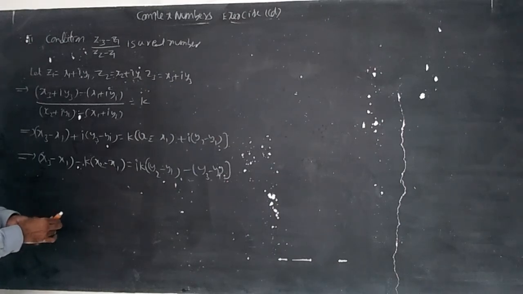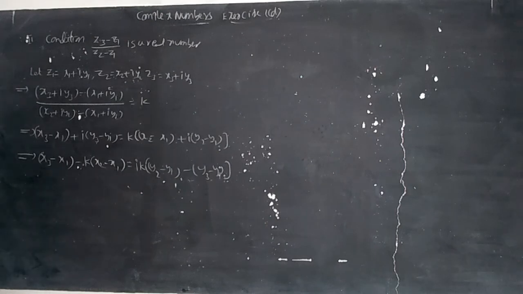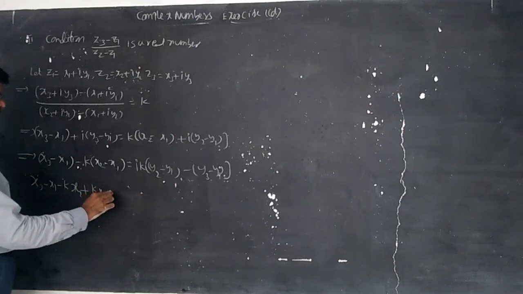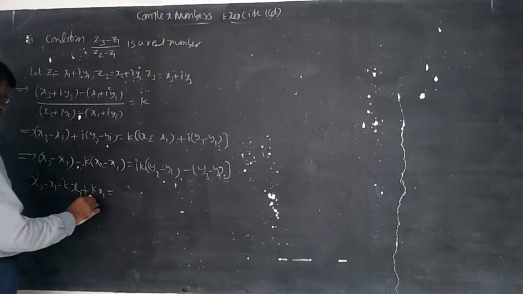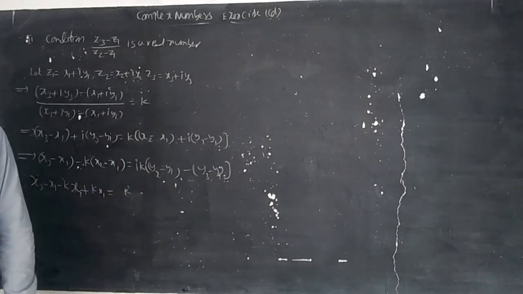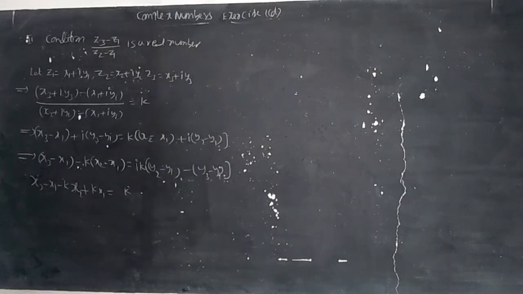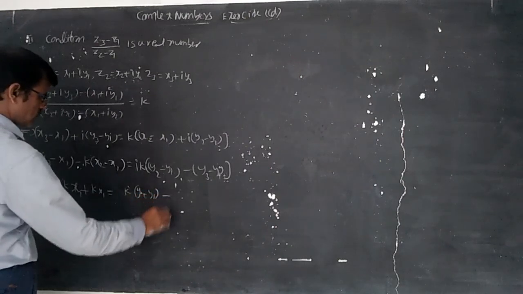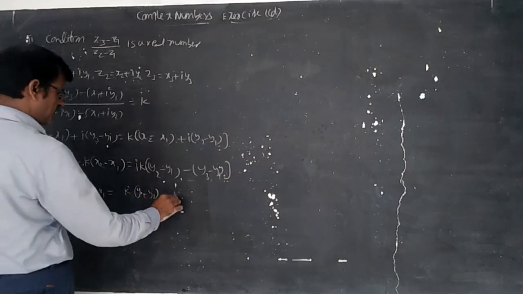Comparing, x3 minus x1 minus K x2 plus K x1 is equal to K into i into y2 minus y1 minus i K into